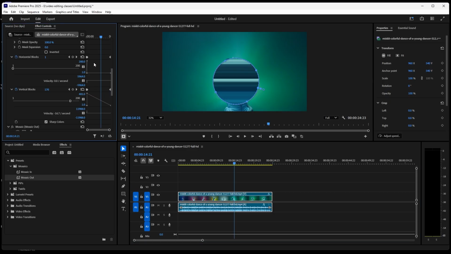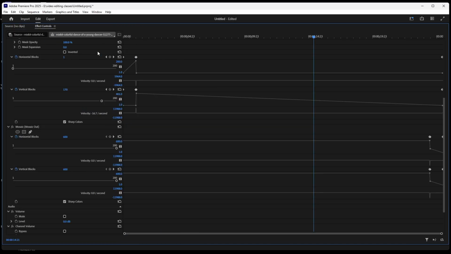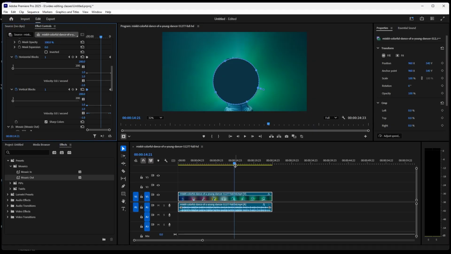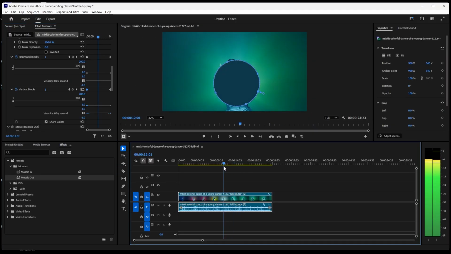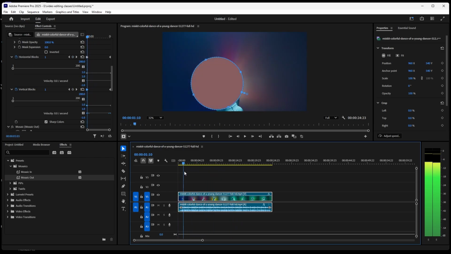So I want to see this in effect controls in the zoom area, so I'll make it bigger. So I'm using the tilde key on the keyboard, right? So I want to change these values down. Okay, and again I'm using the tilde key. Now see the mask is added, perfect,